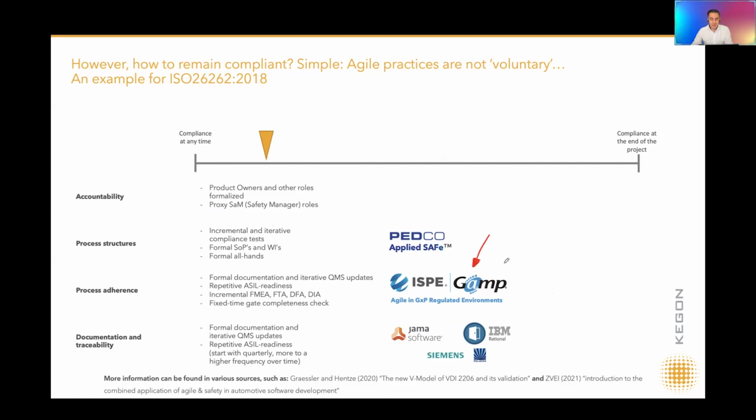There's a lot out there that talks about an iterative approach of FMEAs, development interface agreements, so DIAs, having a fixed cadence for stage gates, but then also a stage gate completeness check in a way. So every quarter they check: can we pass a certain gate? It's really nice. And the existing software that we use for traceability, such as JAMA, IBM Doors, or Rational Doors, Siemens Polarion,